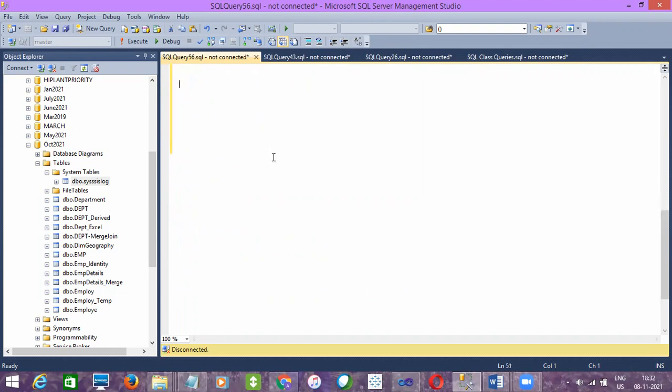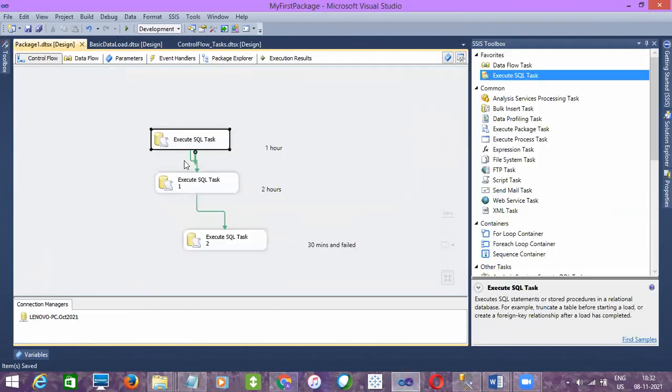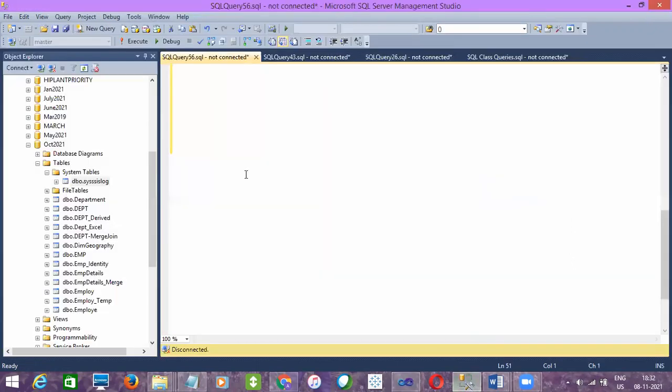In SSIS also we have transactions where if all the operations successfully execute, the transaction should commit. Or if any of the tasks fails, it has to roll back the previous transactions as well. The agenda here is transactions.